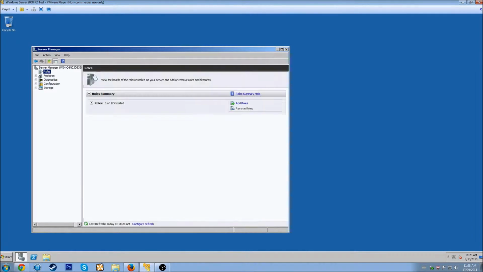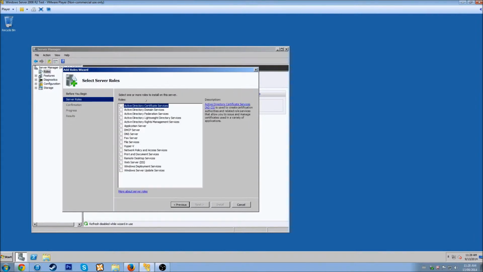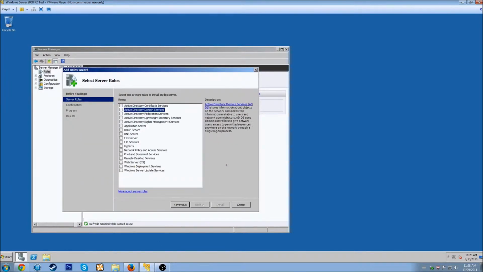So if we're going to come to our roles here, we can say add roles, and you can say skip this page by default if you want to, or you can just go next. And here we have all of our server roles. So there's a bunch of different things we can install here, but I'm talking about Active Directory domain services. But we're not going to install that right now. There is another way. If you're installing an Active Directory domain controller, do not go to your server manager. So we're going to close that,